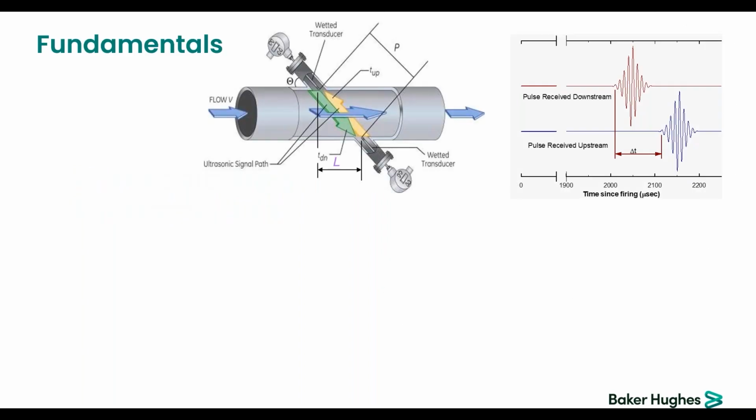So to start with, the ultrasonic transit time principle is very simple. We have two transducers sitting apart on the pipe, and there's a distance between those transducers that is represented here by the P, which is the path length, and there's also a projected axial length, that is the L. And you can see also there's a theta angle, and this theta angle is helping us to get a time difference between the upstream and the downstream